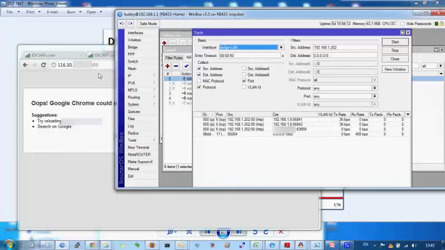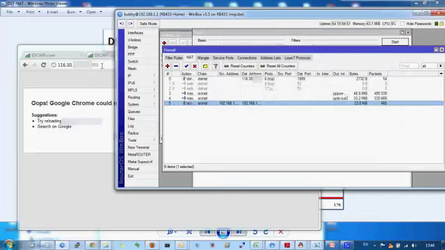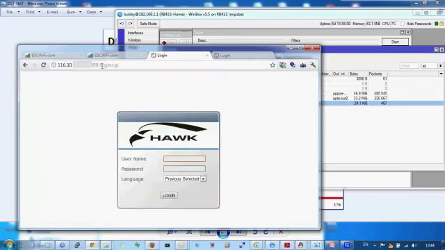We will create another NAT rule. The chain is source NAT, SRC-NAT, and then the source address is our local area network, and then the destination address is our IP camera IP address, and then the action is source NAT. Changing to what address? Changing to our public IP address. And then okay, I will enable this rule. After that, we will try again. You see, it can be opened.